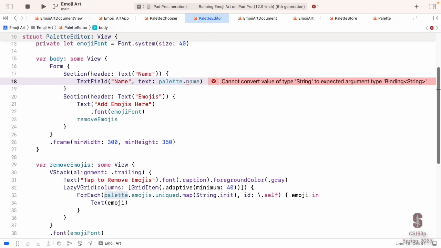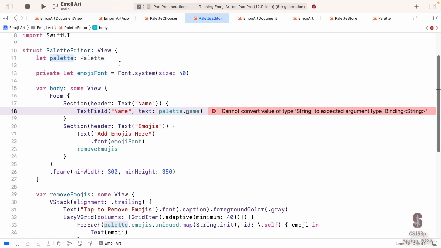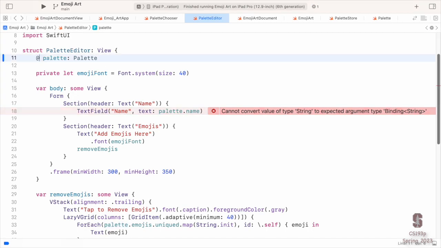Well, what is the source of truth for this palette.name? It's in our view model, our palette store. So we need to give our text field here a binding all the way back to our view model. To do that, we need a binding to the palette we've been given to edit at the top of our palette editor view here. By making this var a @Binding, we are forcing whoever creates this palette editor to give us a binding to the source of truth for this palette.